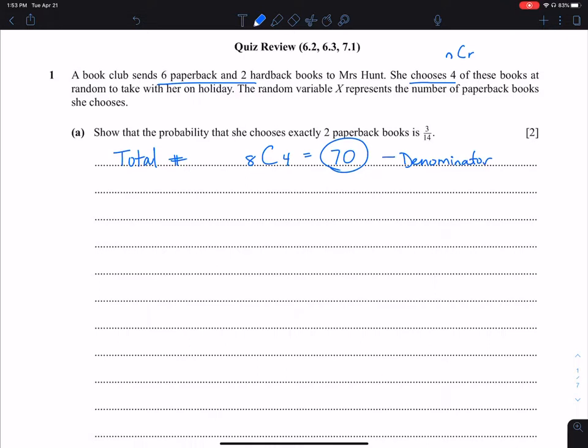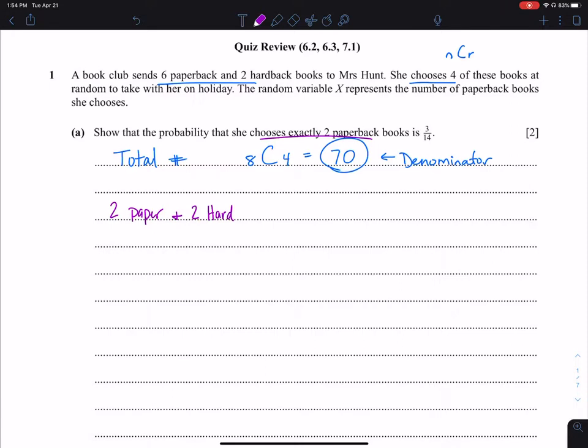Okay, now our numerator, on the other hand, is going to be what it is that we're looking for. So the number that we're trying to figure out is the probability that she chooses exactly 2 paperback books. So how can I choose 2 paperback books? Well, keep in mind the event is you're picking 4. So if I choose 2 paperback books, to complete the 4, I need 2 more books. So 2 paperback and 2